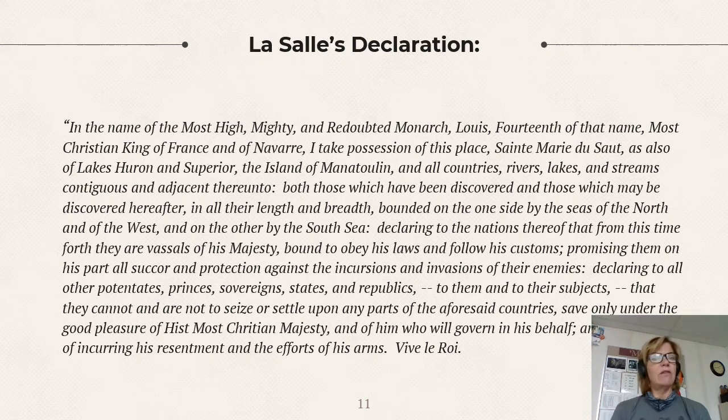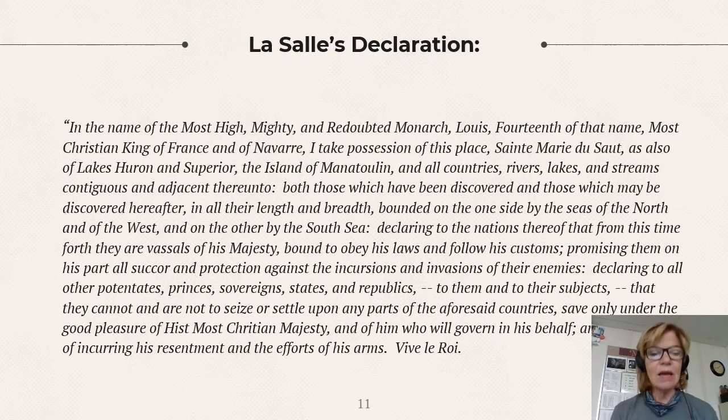Okay, so as LaSalle went down there, what he did is he claimed all this territory on behalf of France, and it's very convenient. He's just going to claim all the territory connected by all the water that flows into the Mississippi. So everything from the Appalachian Mountains to the Rocky Mountains is going to be claimed for France. And it's real simple. All you have to do is say this.